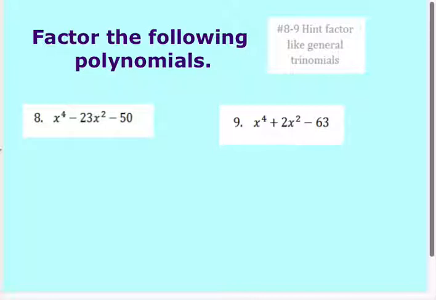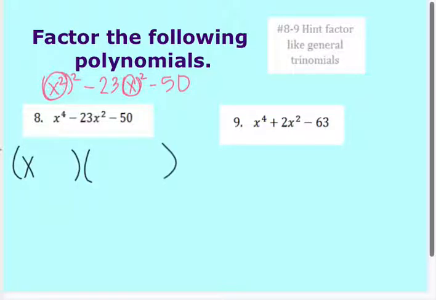Moving on, 8 and 9, hint: factor like general trinomials. So what this is saying is if you notice, it looks like it's really x squared squared minus 23 x squared minus 50. So if you notice, it's kind of in the form of my quadratic. So factor it like a quadratic, but since it's an x to the 4th, I'm going to have an x squared out in front, because x squared times x squared will give me that x to the 4th. And now all you have to say is what multiplies to 50, but adds to